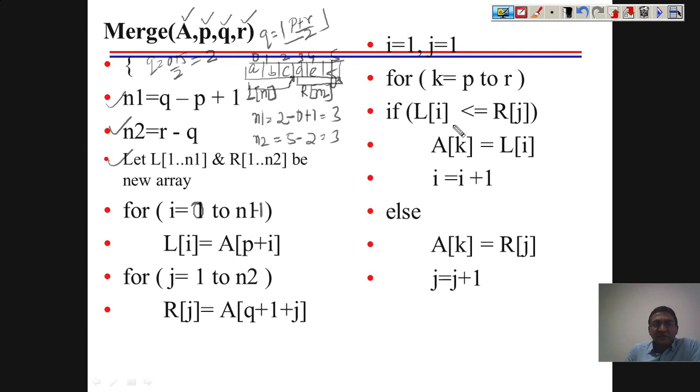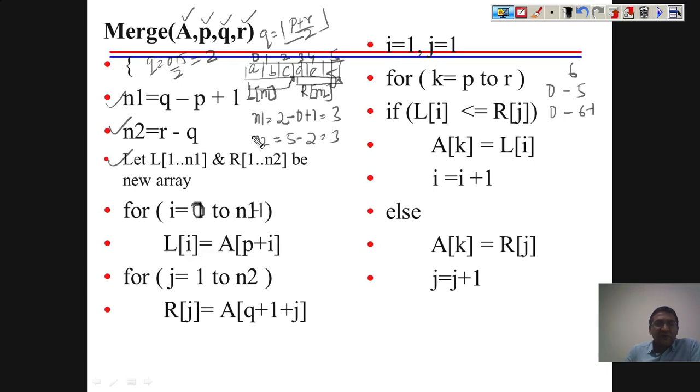Now keep in mind, if your array is of size 6, that means we have an index from 0 to 5, or you can say 0 to 6 minus 1. So here I have made a loop from 0 to n1 minus 1. What I am doing here is simply copying the elements of my actual array to my temporary array.